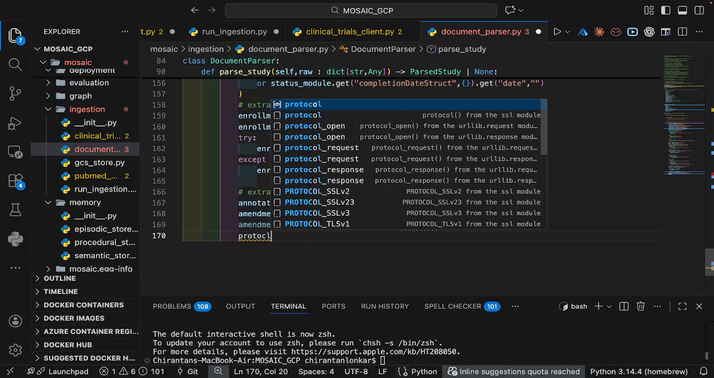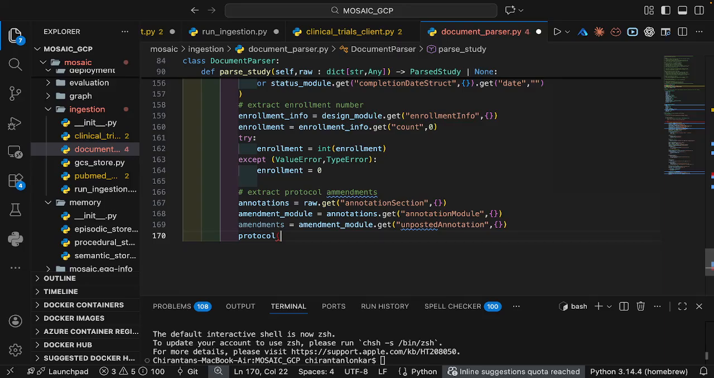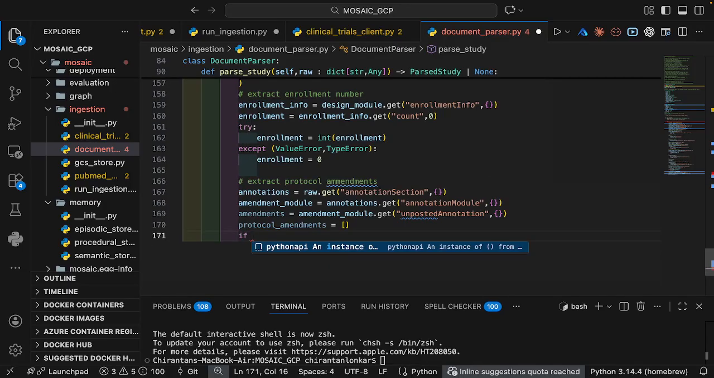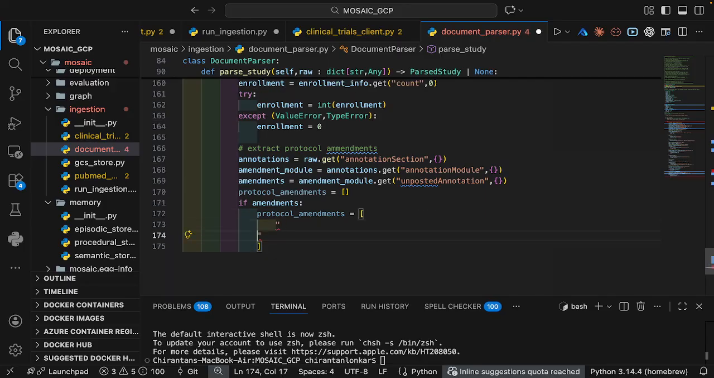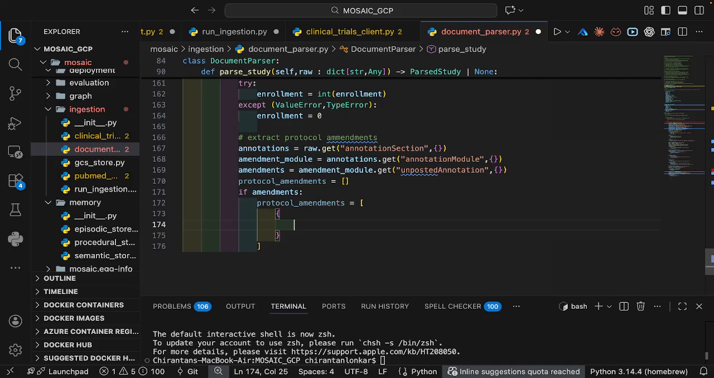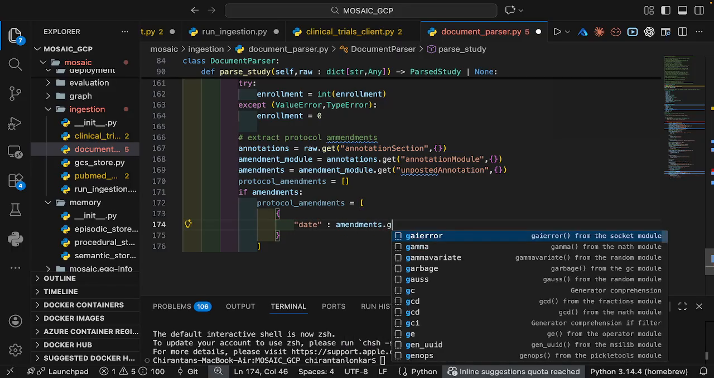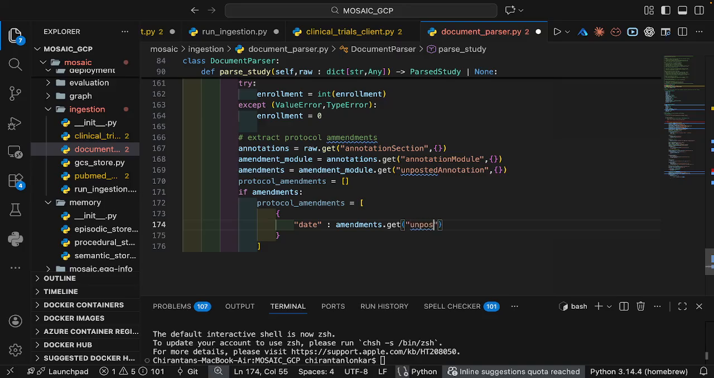And then I'm going to say protocol amendments, I'm going to put this as an empty list. And then in case there are amendments, then extract, then take the protocol amendments, and I'm just going to define them as, sorry, not this way. I'm going to extract the date. So from amendments, I'm going to get the unposted